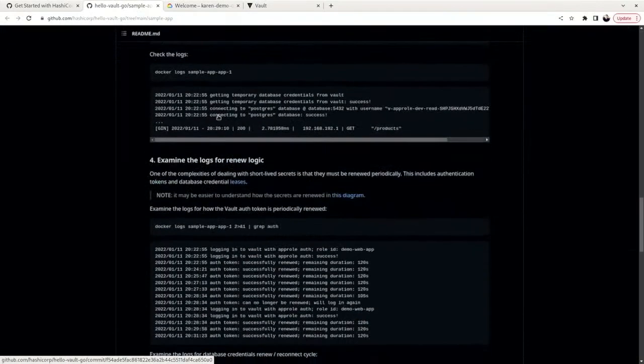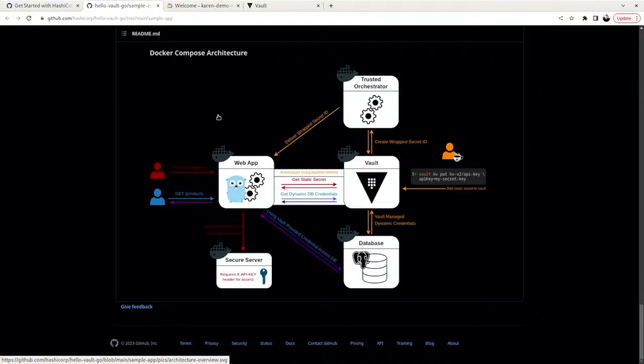So this example will do exactly this architecture. What is going to happen? We will create an application that will receive a payment post. It will get some secrets from Vault, and then it will actually do something in database. We will see how it dynamically gets a user created for the database. And of course, we will do another get product, and you can see that for getting a product, it also uses the same user that was generated for the database, if you are fast enough. If you are not, you will see how it regenerates a new user.